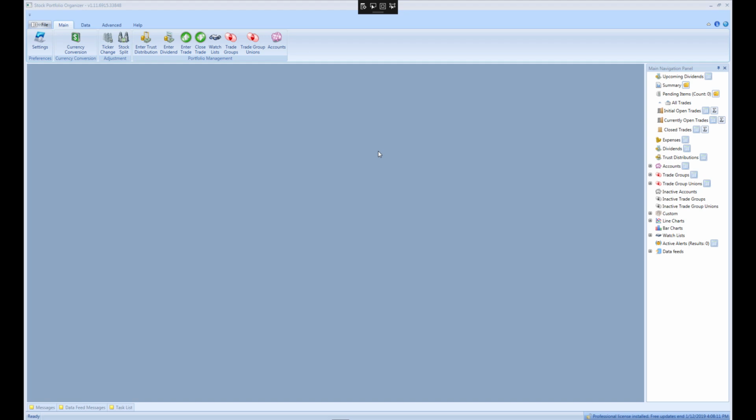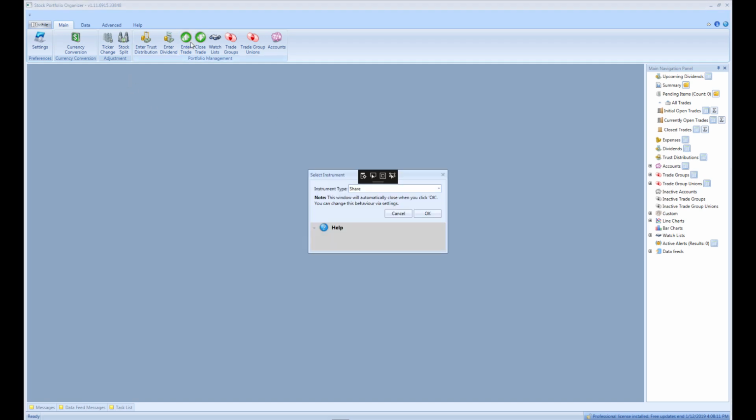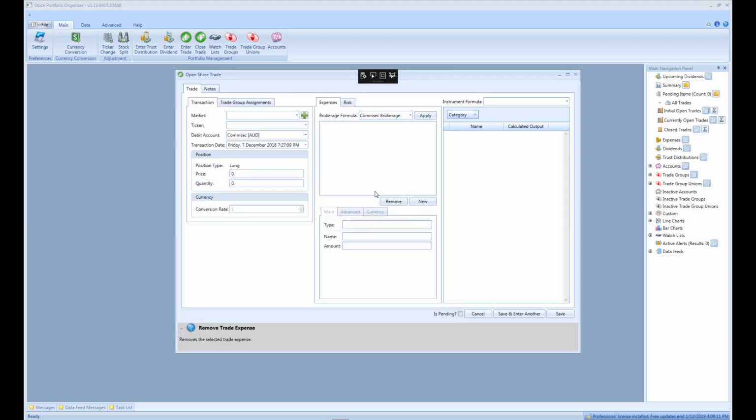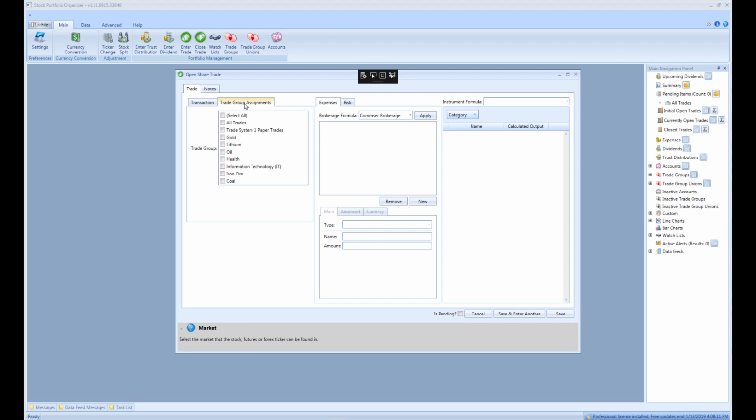Just in case this is the first time you're using Stock Portfolio Organizer, I will show you what I am talking about. Click Enter Trade from the main menu, then click OK. If we open the Trade Group Assignments tab, we can see all the available trade groups this trade can be